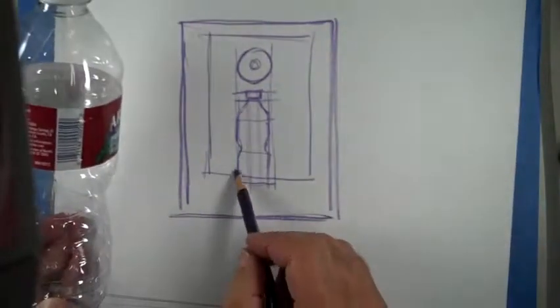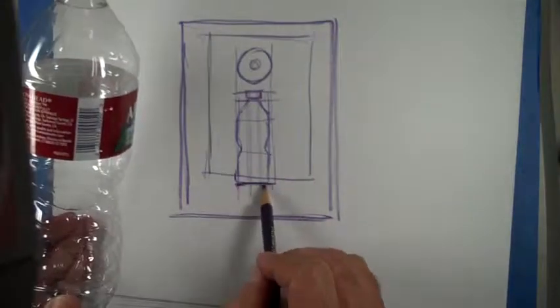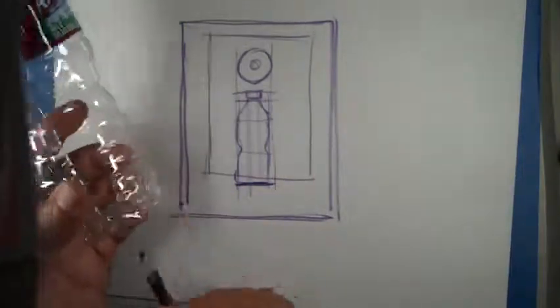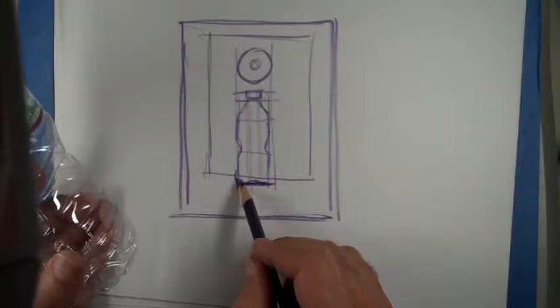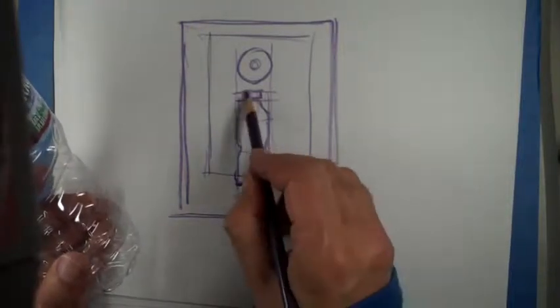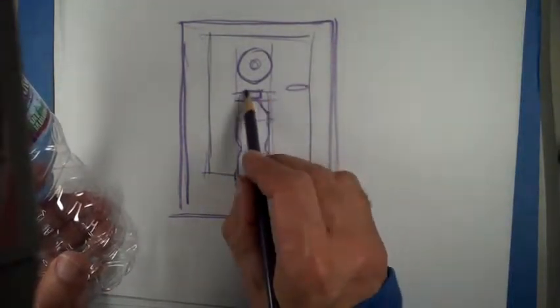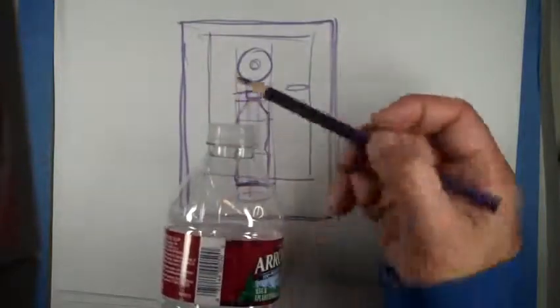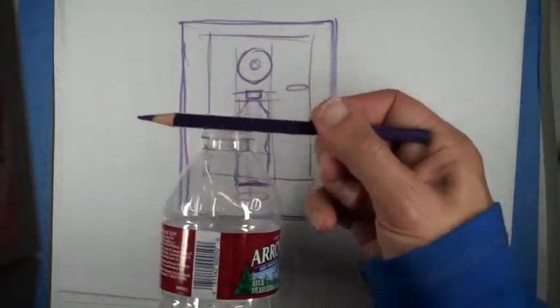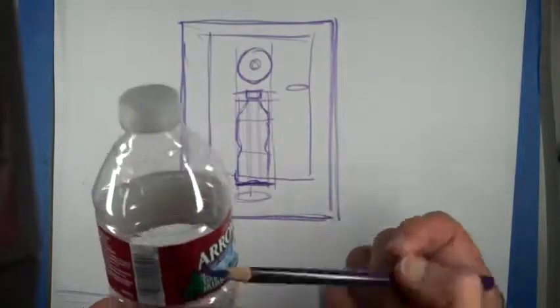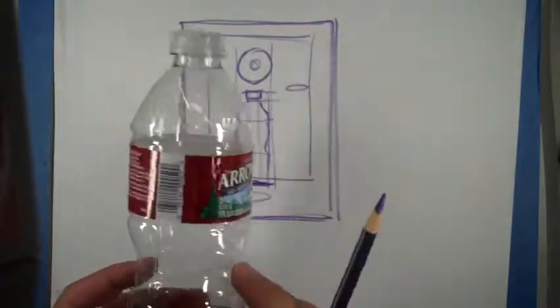Now remember, if it is orthographic, the bottom is a straight line, more or less. Okay, I mean it goes in a little bit, but don't show an ellipse. And the same for the top. Don't show an ellipse because you're seeing it straight on, so you're seeing a straight line. Okay, it's all straight lines. It's hard for you to actually abstract that concept because